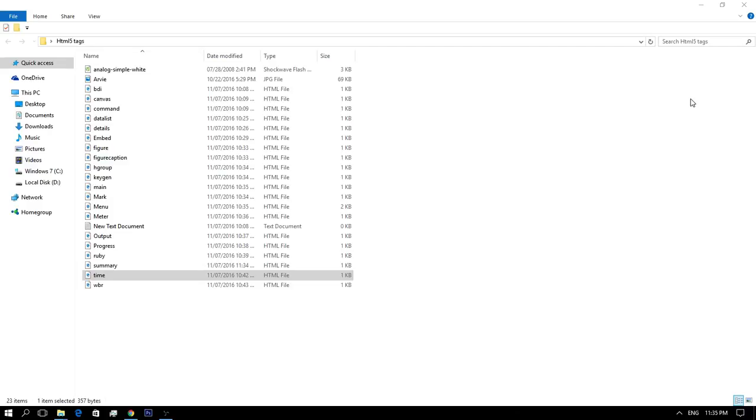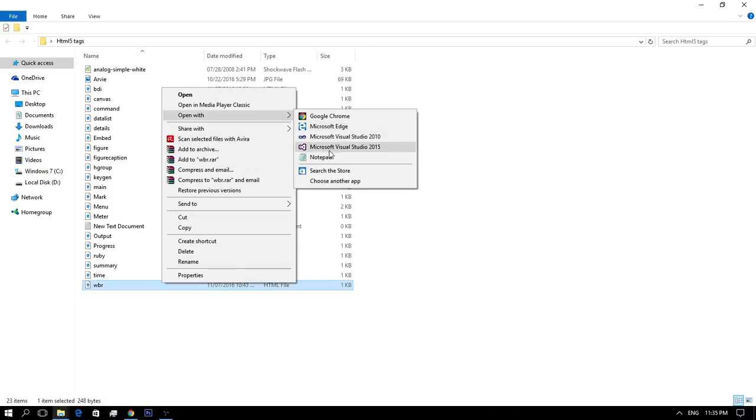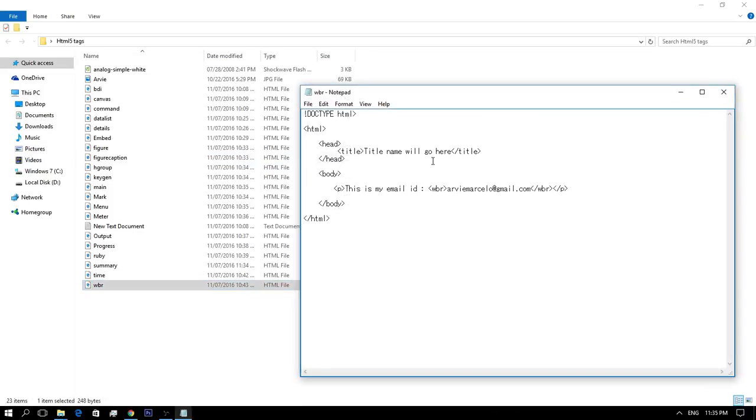So the last of the new element tags of HTML5 is the WBR tag. The WBR element is used to change the default line breaking behavior of the browser. If the sentence is too long, then the container will be broken for proper display.